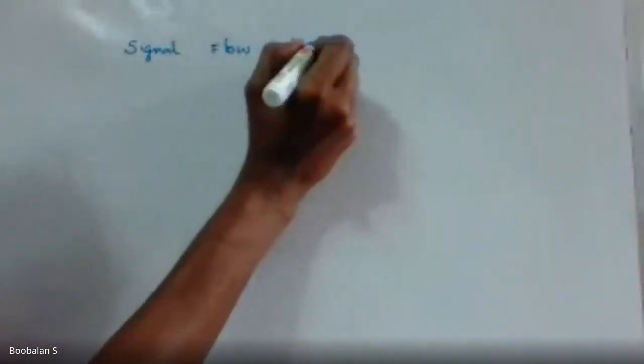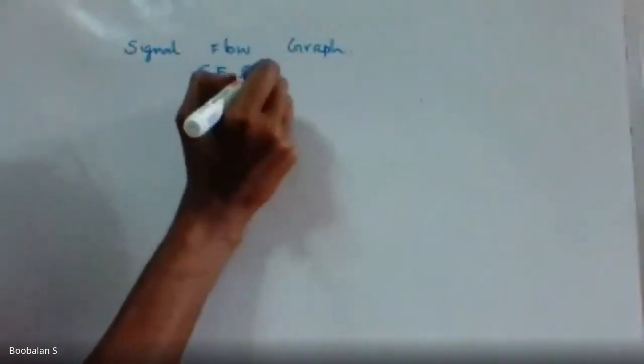Right. And today we are just going to see one more new topic. Right, signal flow graph. So today we are just going to see one more new topic. Signal flow graph. So simply they will call it SFG. In short form, they will call it SFG, signal flow graph, right? So the name indicates some meaning, right? So signal flow graph.